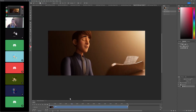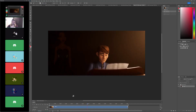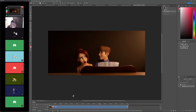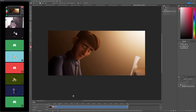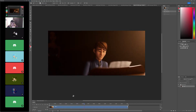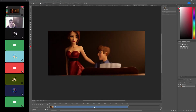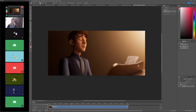Okay. This is looking great. Again, this is super minor stuff. The volume light, how you see that? I think it's good. I think it feels good to me. The only thing that I would also consider adding is, you've got some really nice highlights on this bench here, and I would